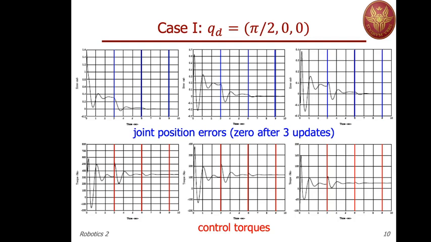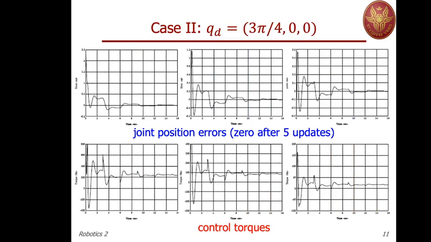So you see that the torque has a jump, and this will make the robot restart. And this happens at the end of the first iteration, at the end of the second iteration, and at the end of the third iteration. There's no need to update the torque, the feedforward, because we already reached convergence. So convergence is in 3 updates in about 9 seconds of transient. In the second example,